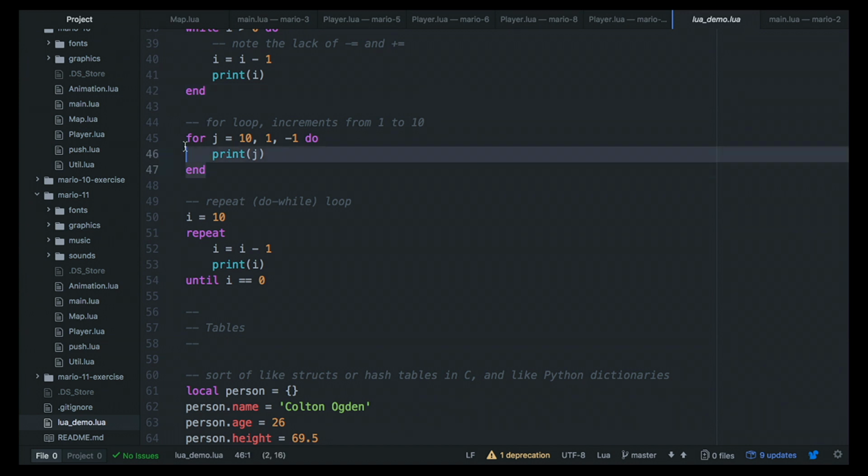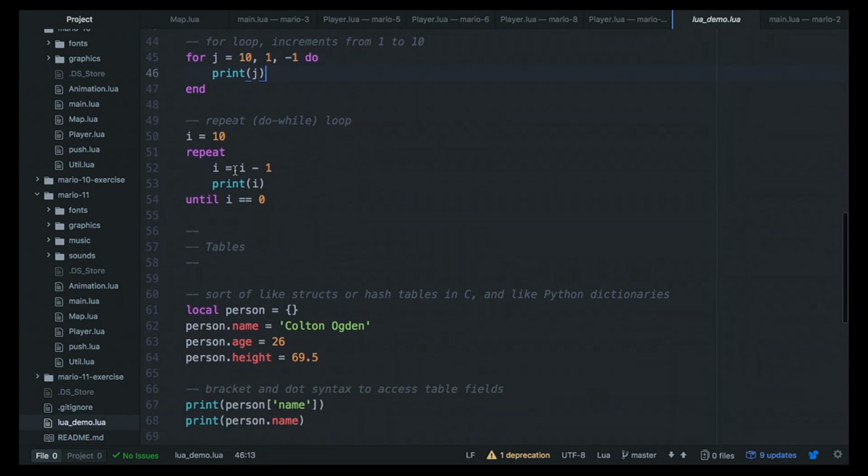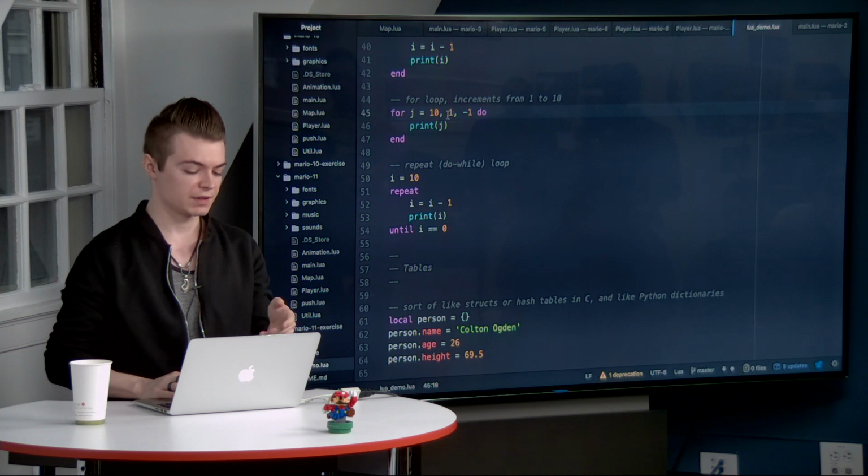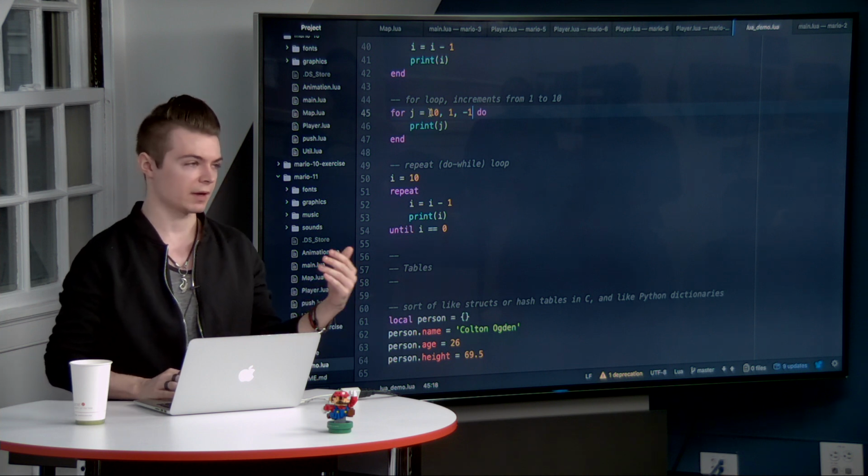And then a for loop is similar to other languages as well, like Python and C. For j gets 10 until it equals 1, subtract 1, and then end at the end of here. And this -1 is actually optional. If you don't specify it, by default, it goes up by 1. But since in this case we're doing a 10 to 1, we need to specify that it's a negative step